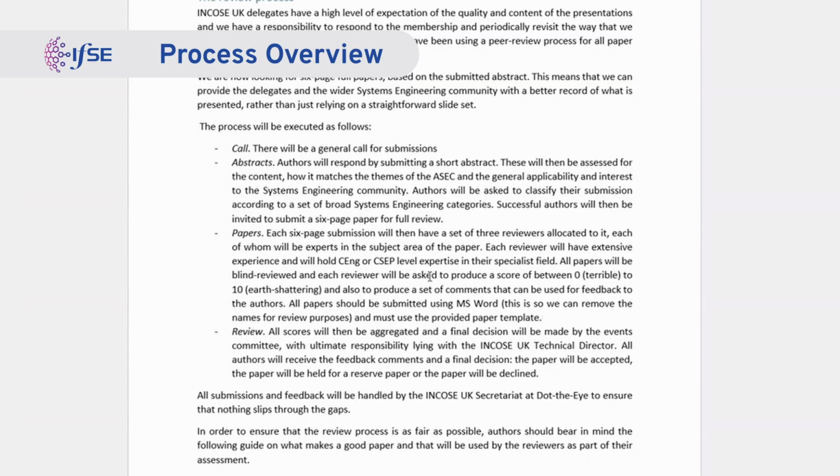What we also ask on the abstract is that you give us an idea of the general topic area and the level of the paper as well, and we'll come to what that means in a moment. This is important at this point because once the abstracts are in, and I know in my role as technical director the sort of topics that we got, then I can start to allocate appropriate reviewers for it. You have to bear in mind that there's 3 reviewers for each paper. When you submit a full paper, you won't know who the reviewers are. They won't know who you are either, and I'll talk about that in a moment, how we anonymize them.